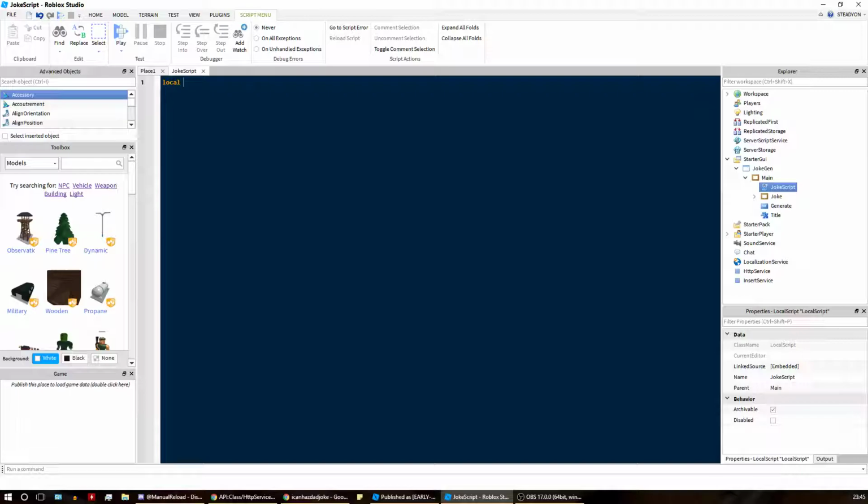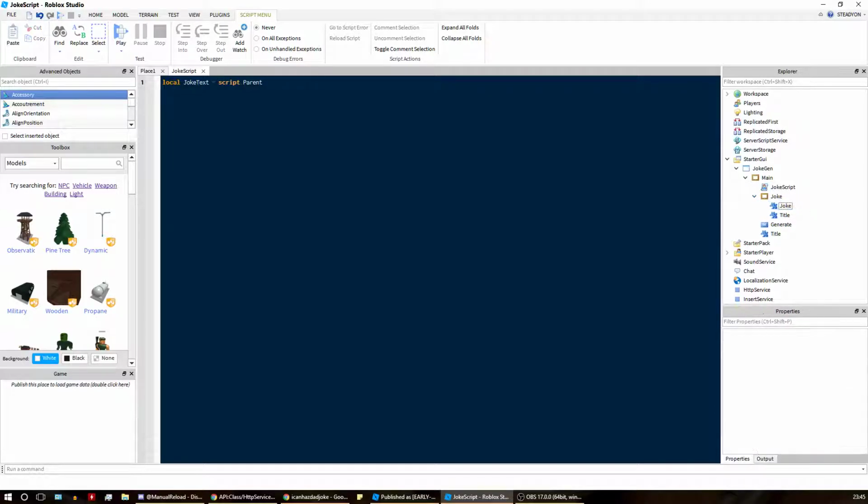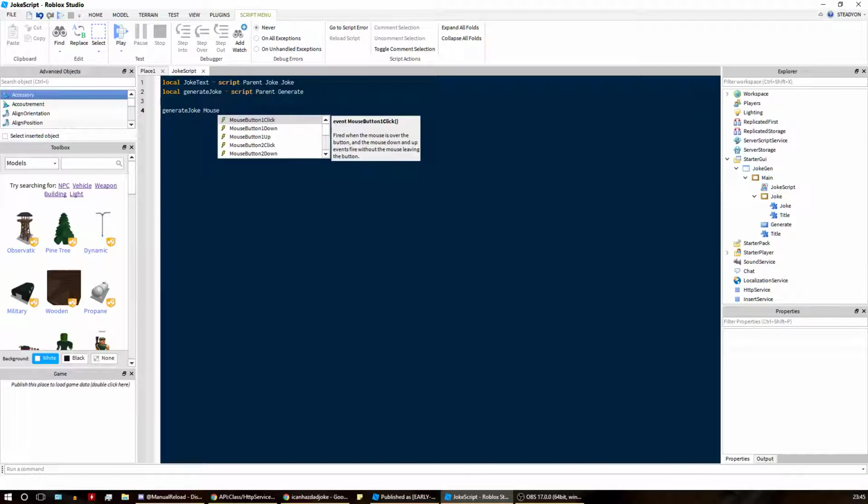Okay, so local joke text equals script parent, this script parent, joke. So joke, this is the actual place where the joke goes, and then generate joke equals script parent generate, and then we're just going to say generate joke, mouse button 1 click, connect,